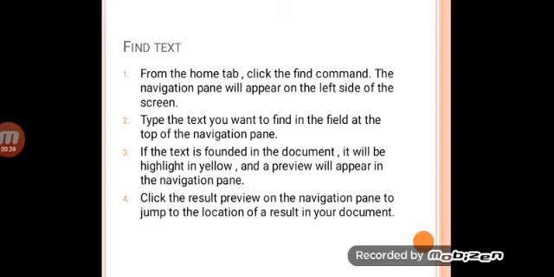If the text appears more than once, you can click the arrow on the navigation pane to step through the results. You can also click the result preview on the navigation pane to jump to the location of the result in your document. And when you close the navigation pane, the highlight will disappear.